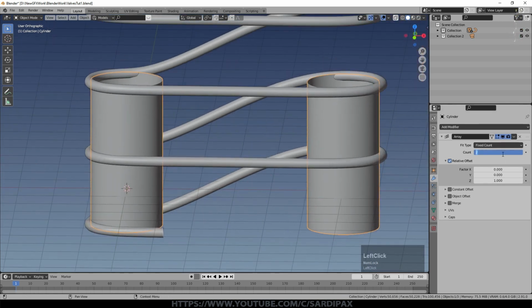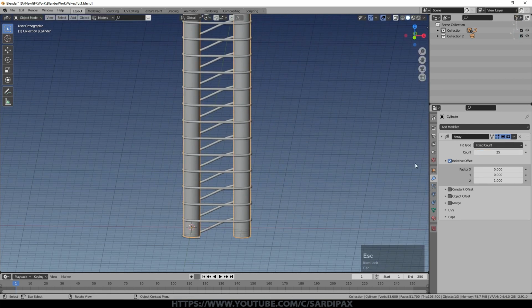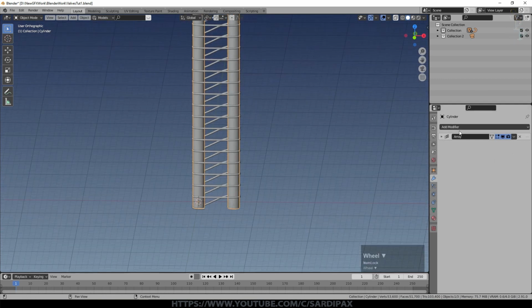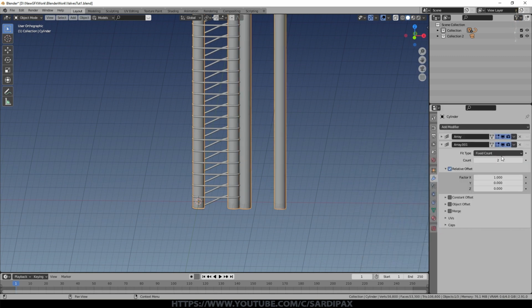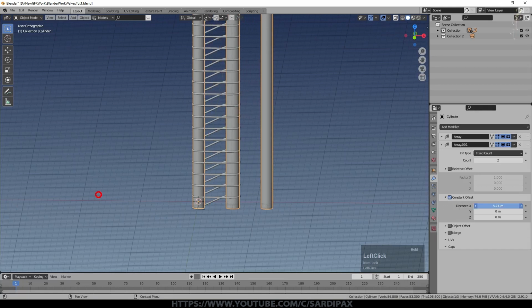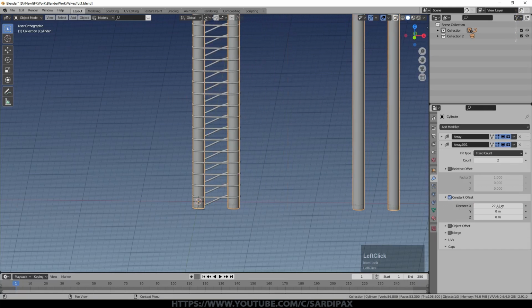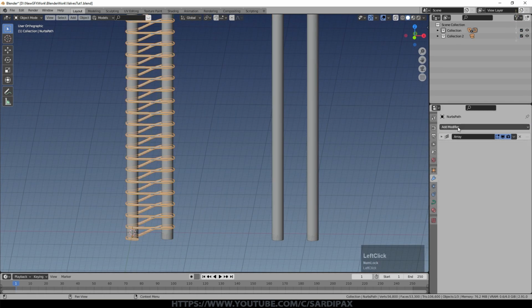So if we put that up by 25, that gives us a nice little heater, and we can move that around. And if I wanted 2 of them, which I did, and I wanted them side by side, add another modifier and add another array, and we'll set that to constant offset, and we just need to set it to whatever size we want. So in this case it's 25 meters, it just happens to be the scale I'm working at, and do the same for the heater wire.